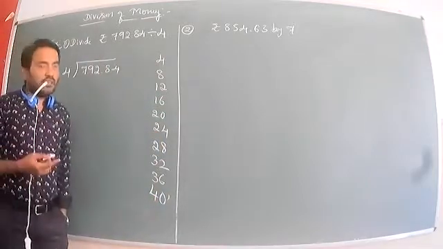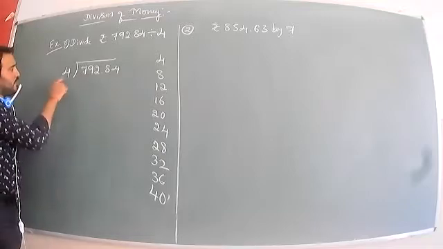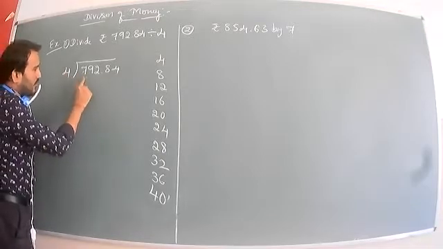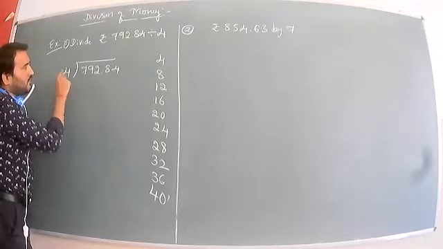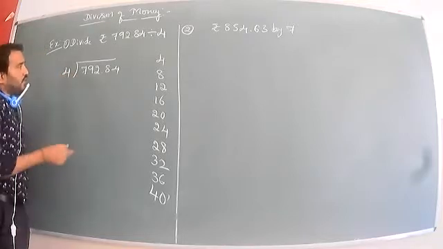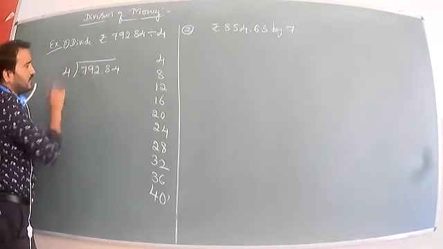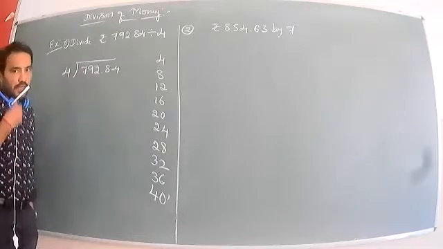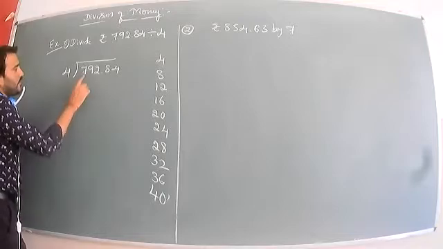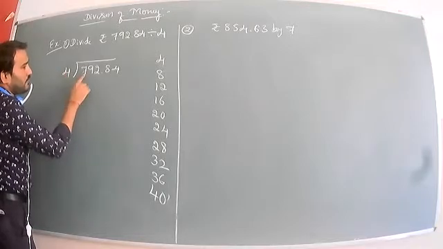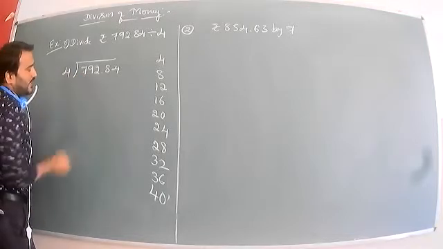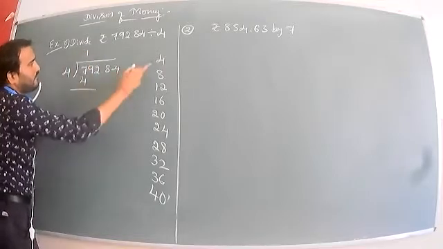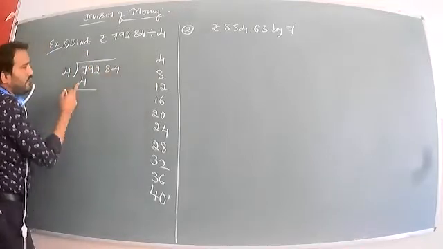After the tables, the divisor has to be compared to the dividend. If the divisor is one digit, we take one digit of the dividend. If it is smaller, we take the two digit number. If it is the same or greater, we take the one digit number. Here 4 is less than 7, so we use 4 1 the 4, the nearest number to 7. 8 is bigger, so I take 4 1 the 4.